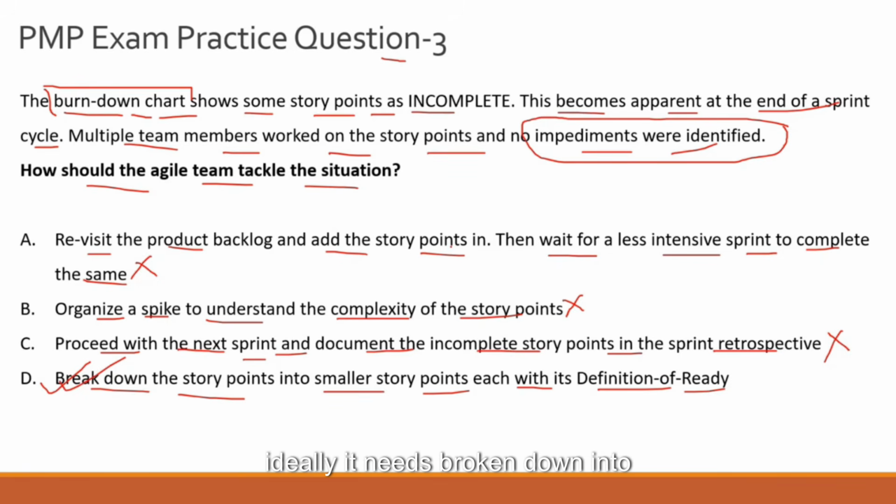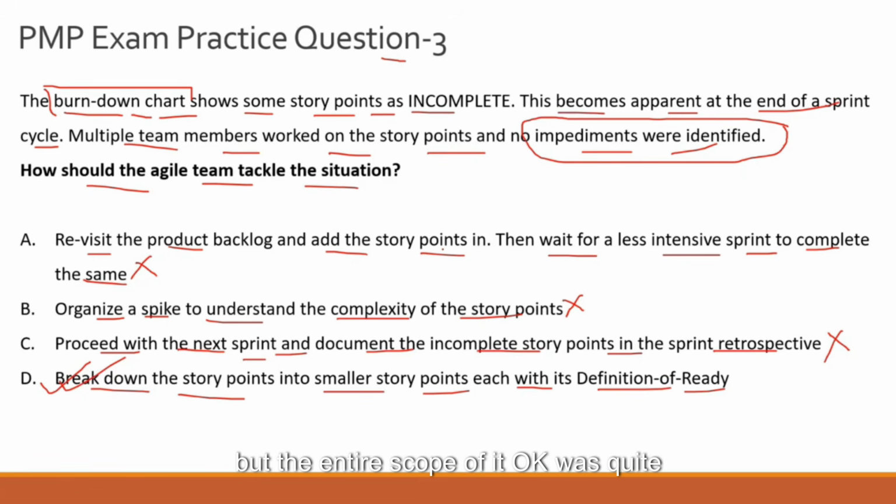So if you have a very big work package, which is part of your work breakdown structure, ideally it needs to be broken down into sub work packages, right? Similar with story points. So if you define a story point which looks simple, but is quite complex in terms of execution as a single overall story point, you generally break it down into smaller story points. That doesn't need a spike, but at least you need something called a decomposition, where you break down a WBS, or you break down a work package into smaller WBSs, similar with story points. And that might be one of the reasons that nobody highlighted it, because the story point looked simple in terms of